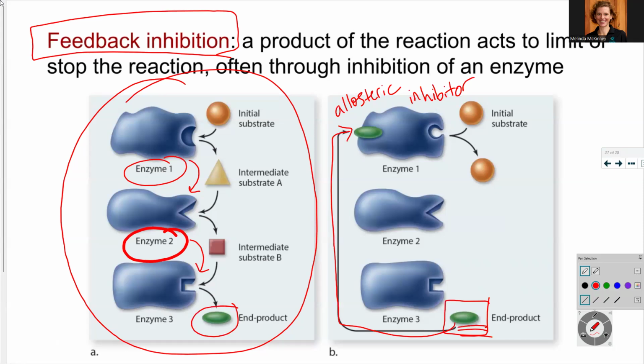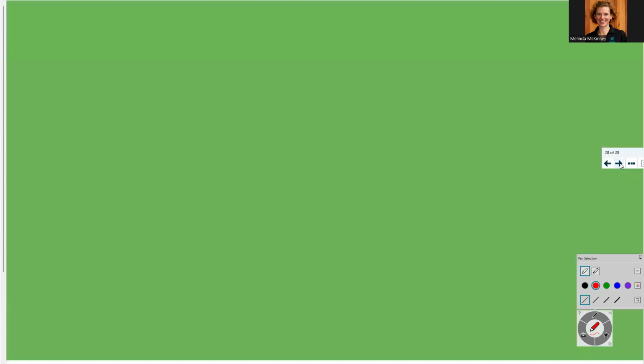For example, if you make a whole bunch of ATP in cellular respiration, the cell will actually use that excess ATP molecule, this inhibitor, to slow down that process. And just through all of our food. That's it for